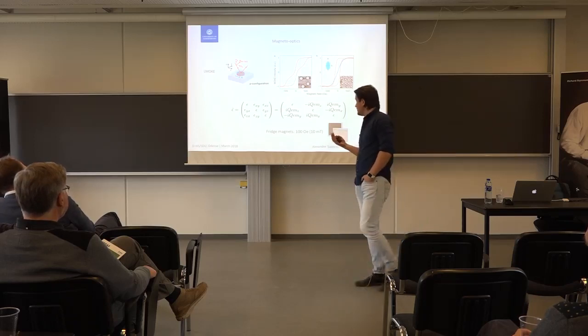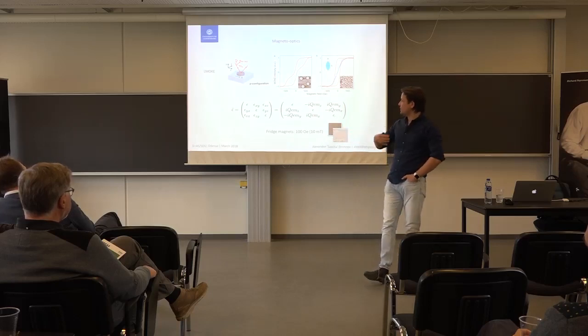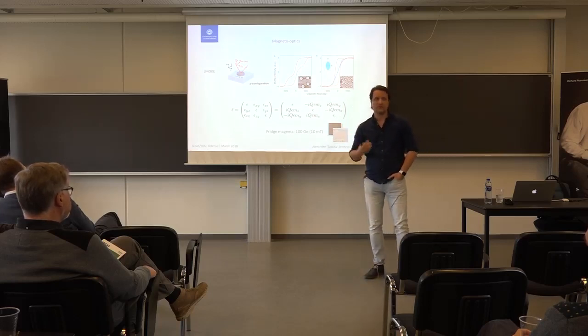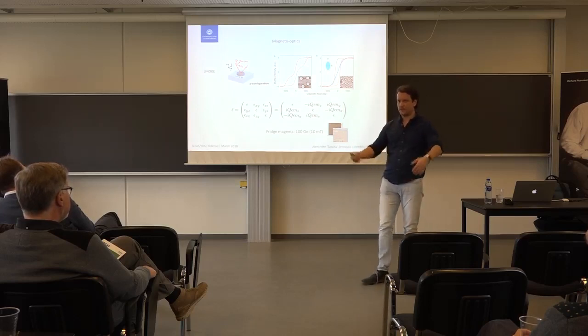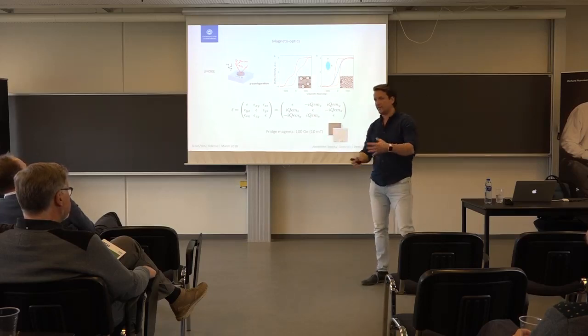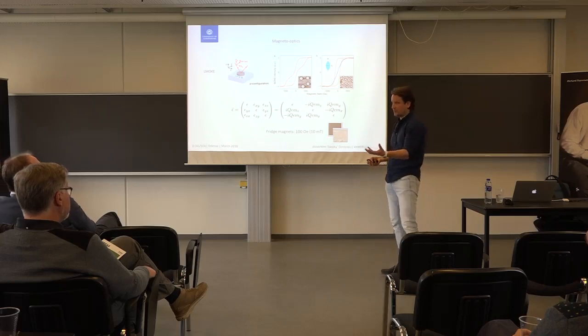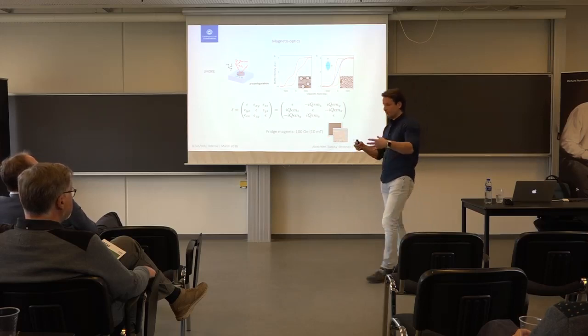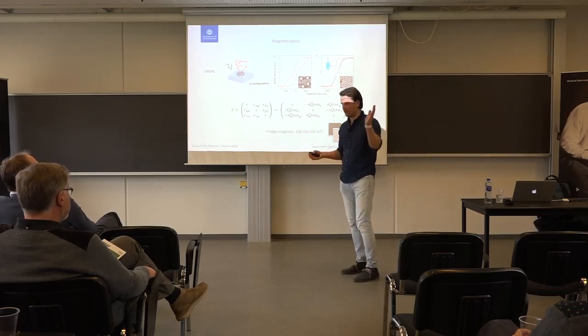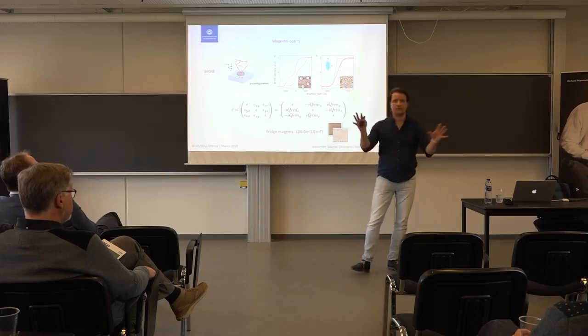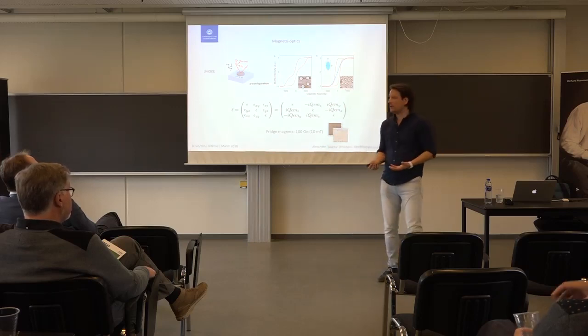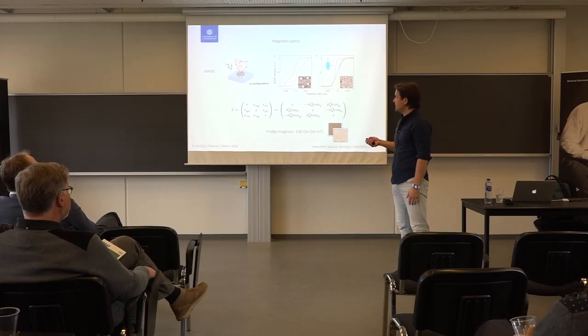And essentially that's how the Kerr and Faraday effects were used throughout the years, to measure how the material is magnetized. If you apply the magnetic field, it's really nice to know how it is magnetized. You can do that by magnetometry, but you can do it also optically. It's a non-destructive method because you just send in the light and measure the reflected light, and then you know how your nanostructure is magnetized.